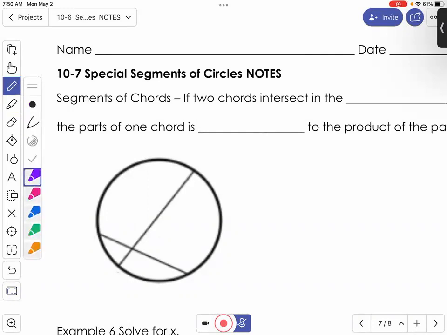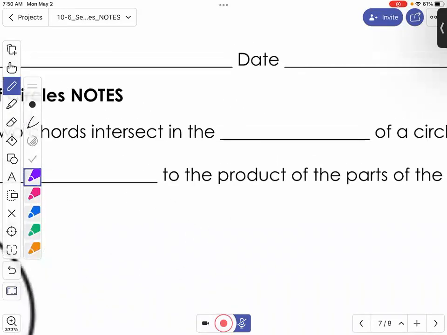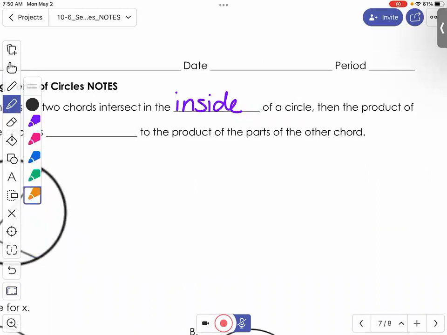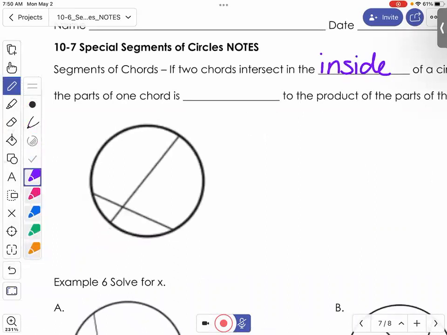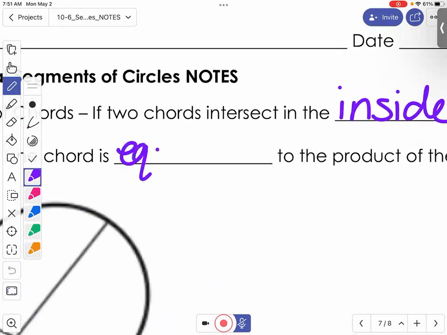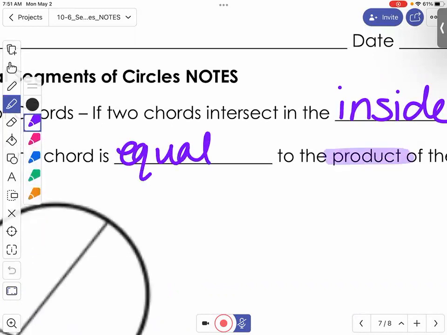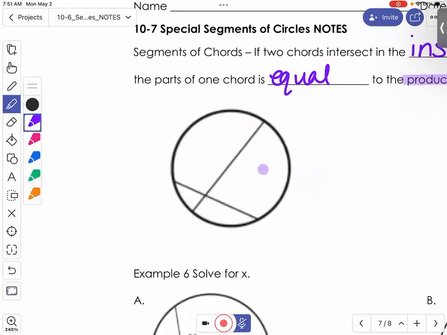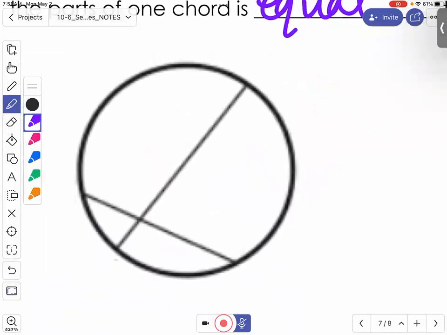So for us, if two chords intersect in the inside of a circle, then the product, meaning multiplication, of the parts of one chord is equal to the product of the parts of the other chord. So when we look at the circle we have here with the chord, this is saying that if we